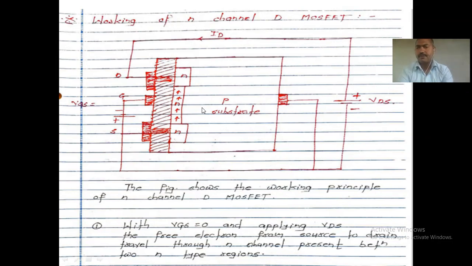So this is the same as JFET, because D MOSFET and JFET don't have any differences. D indicates the depletion type of MOSFET, and JFET is also called D type MOSFET because the construction of JFET is the same as depletion type MOSFET. Depletion indicates the formation of a depletion layer with respect to the channel, right? So here also the same thing will change by applying this VGS voltage.